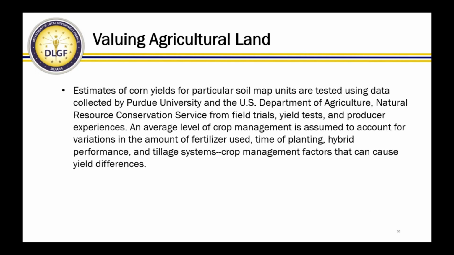The estimates are done using data from Purdue University and the USDA, and the average level of crop management is assumed to account for variations. Obviously, how much fertilizer a farmer uses, the time of planting, the hybrid, that type of thing, can cause yield differences. So there are a lot of things that are taken into consideration,